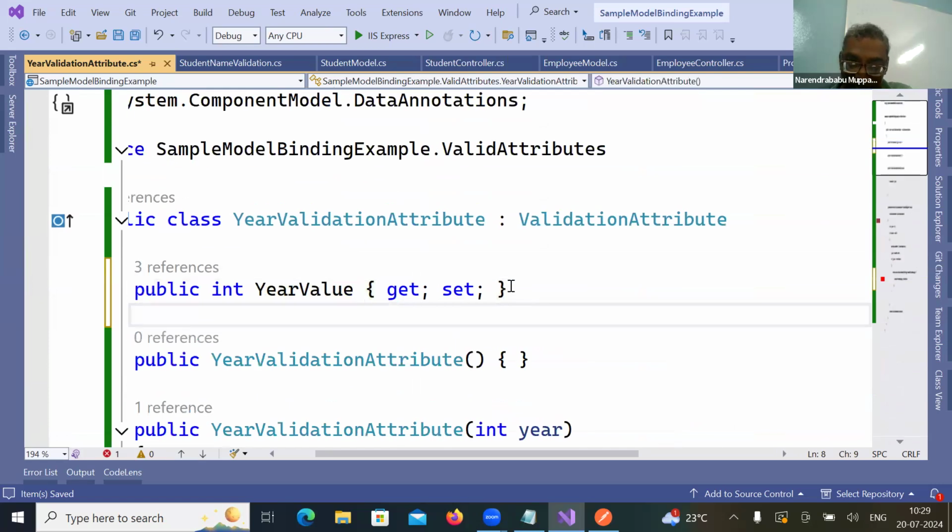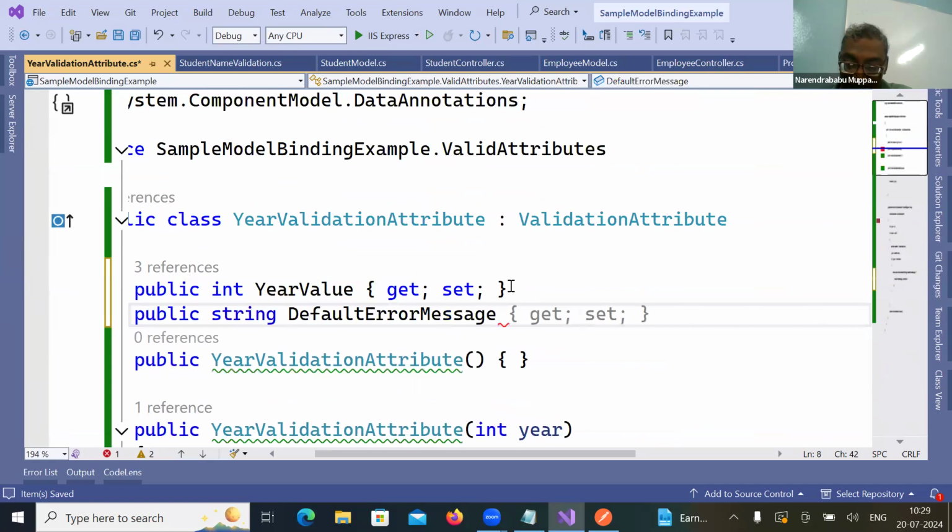Create a message: public string default error message of get set equal to